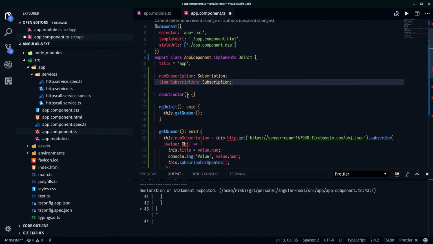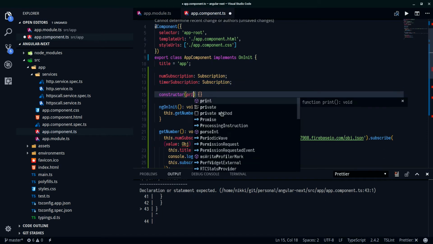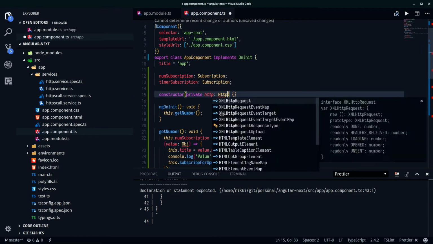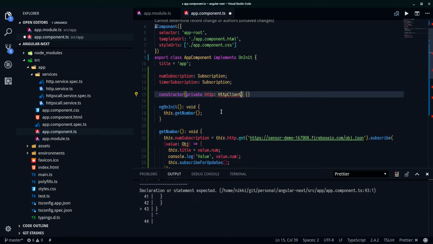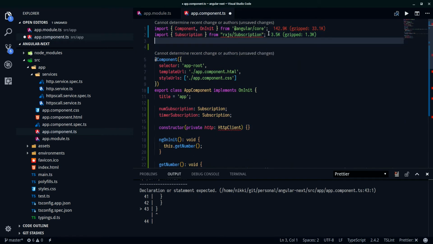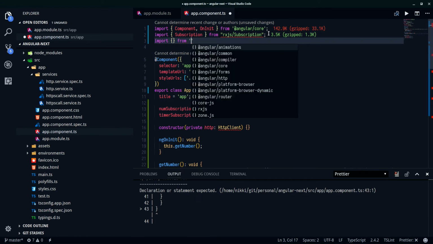And now what we also need to do is private HTTP client, HTTP client, and then import that from Angular common HTTP. This is actually a new feature of Angular 4 if you haven't heard. You would have just a standard HTTP, but recently they added a new method.